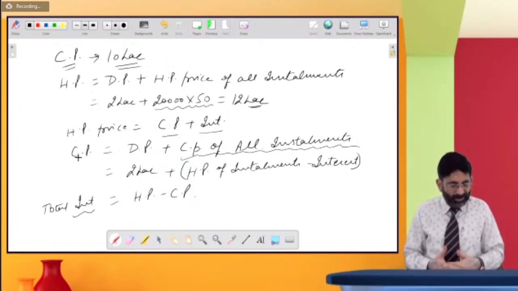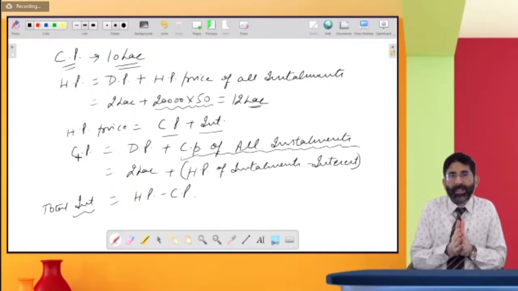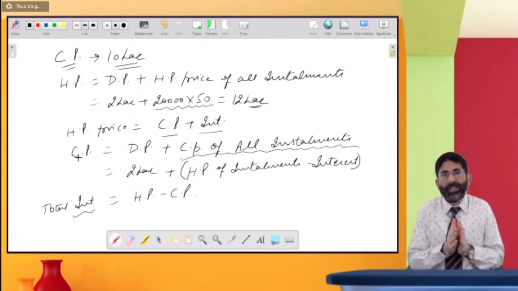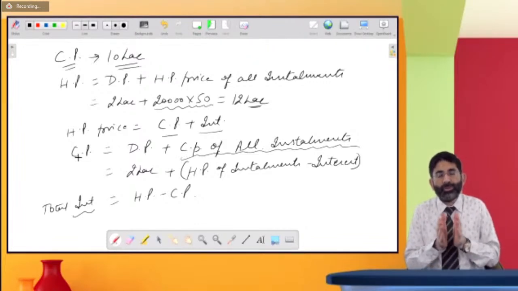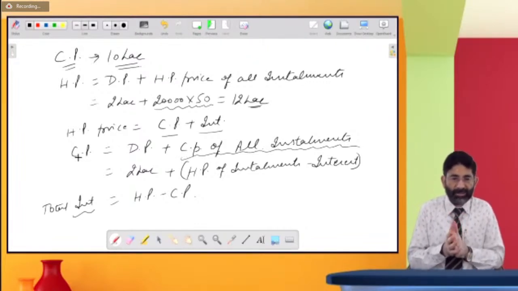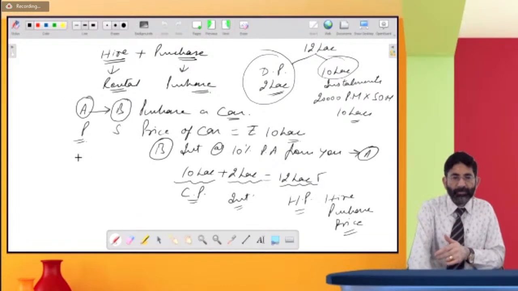एक बच्चे ने स्पेशली पूछा है कि बेटा हायर परचेज प्राइस क्या होता है? हायर परचेज प्राइस होता है जिसमें हमने कैश प्राइस में जब हम इंटरेस्ट ऐड कर देते हैं तो उसको हम हायर परचेज प्राइस कहते हैं. जैसे इस एग्जांपल में मैंने लिया है कि एक